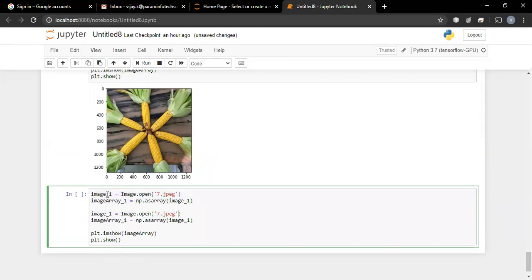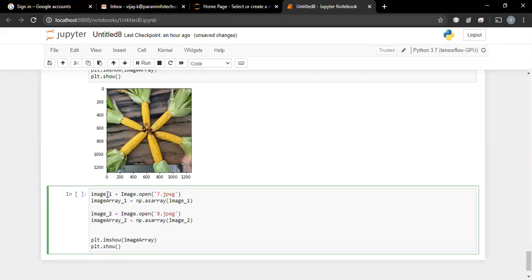Image 2, let it be 8.jpg, and we are converting it to image_array_2 for our reference. And now we want to display two images side by side.